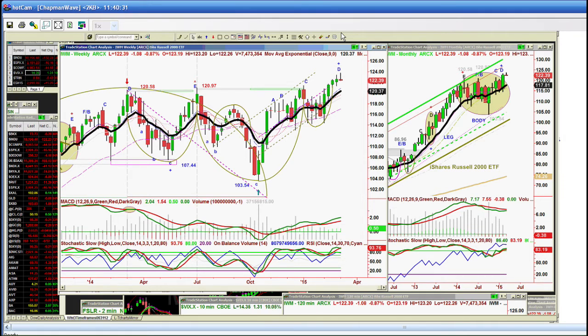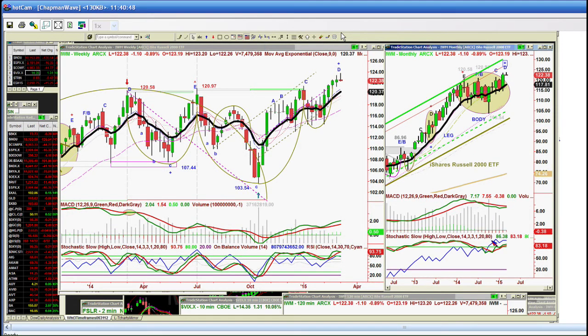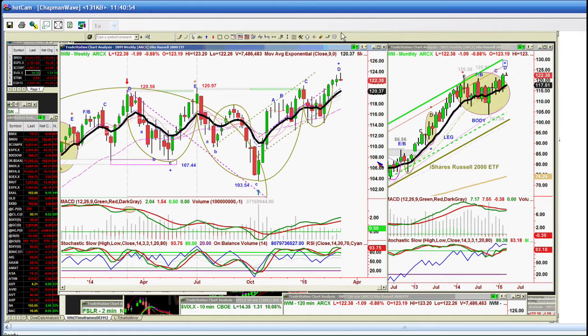Two things are very important. One is the IWM is in leg D at all-time highs this week. That's very important. It's extending the leg D in the Chapman wave stalk leg formation, leg body. This is the neck that's forming right here. And it's also saying, based on the 93% in the stochastic weekly and the MACD, that when the sell comes, and of course this is only if I'm correct,